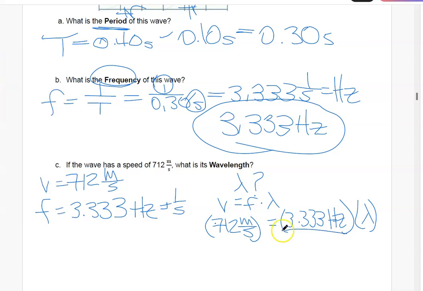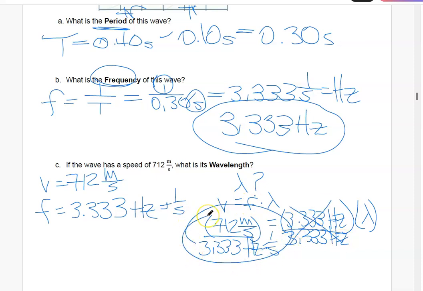And we divide both sides by the 3.333 hertz, or per second. These cancel out each other, and we're left with this expression, which is equal to our wavelength. We plug that into our calculator, and we get a value of